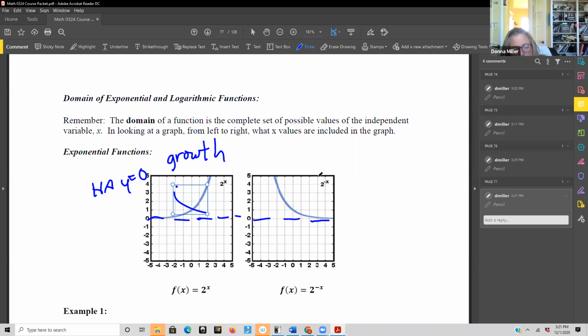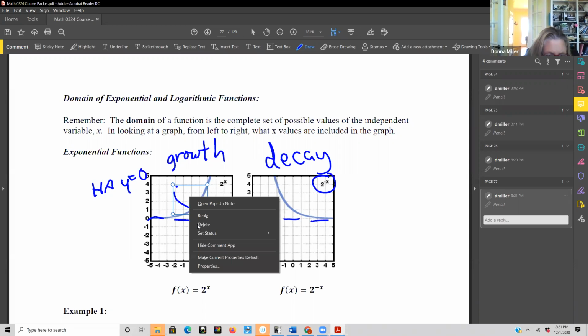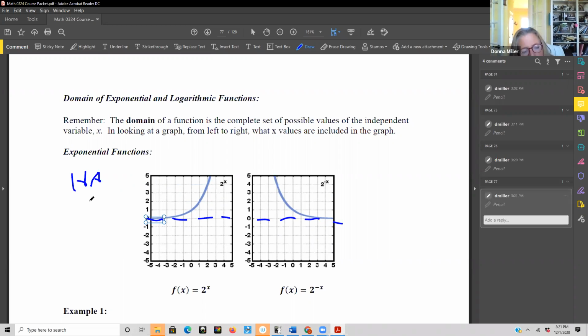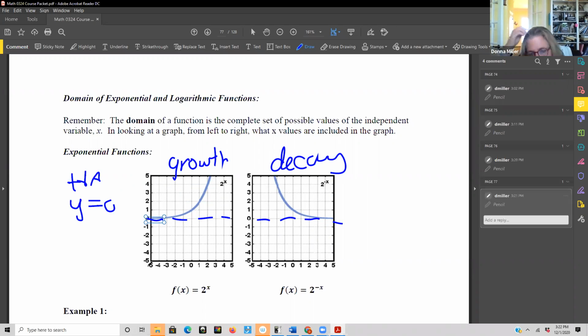This is 2 to the negative x. When the exponent is negative, it's called decay. Instead of going up, it goes down. There's a horizontal asymptote at y equals 0. And this is growth. This is decay. But what I want you to notice is the domain and range are the same no